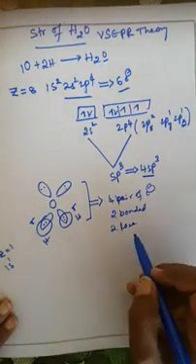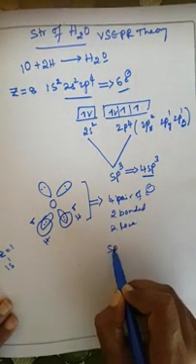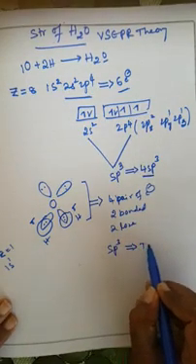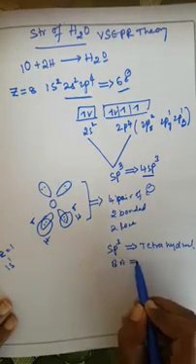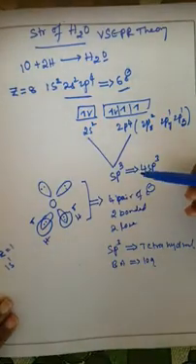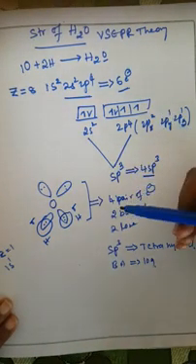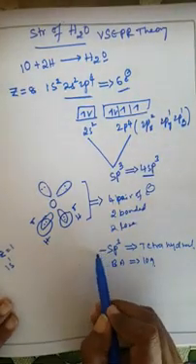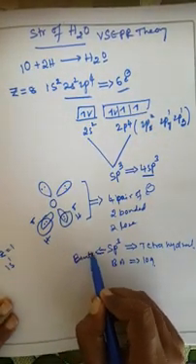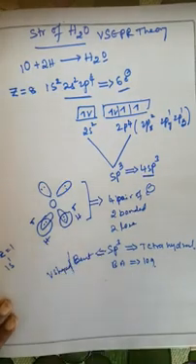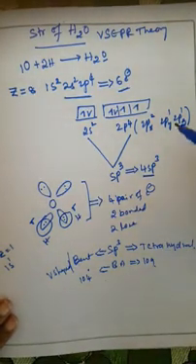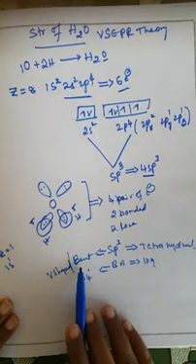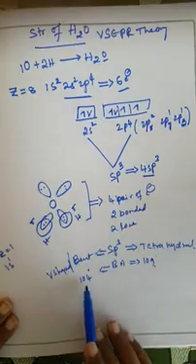Based on the VSEPR theory, if the molecule undergoes sp3 hybridization, the expected structure is tetrahedral and the bond angle is 109 degrees. Here the water molecule also undergoes sp3 hybridization, but the structure is a bent or V-shaped structure and the bond angle is 104 degrees. According to the VSEPR theory the expected structure is tetrahedral, but we get the bent structure, and instead of 109 degrees, we get 104 degrees.